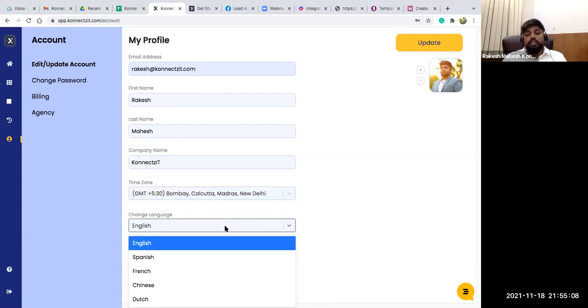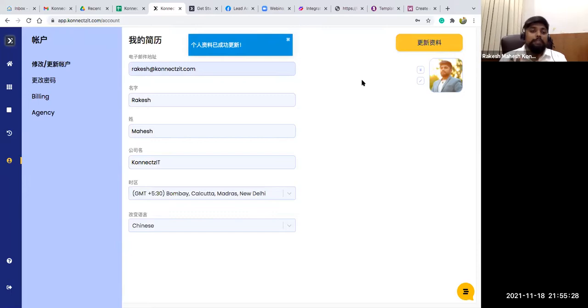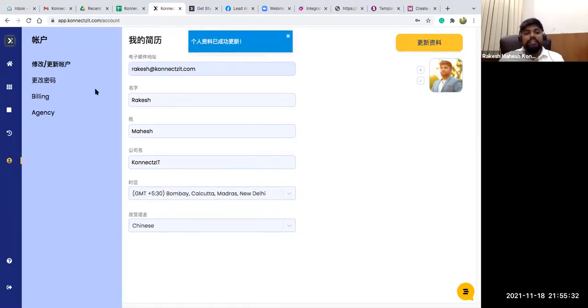The good thing about Connexit is that you can use it in different languages. Whichever language you are comfortable with, you can choose it and start using Connexit in that language. Even if your language is not shown in this option, just make sure you request it, and we'll be happy to add your language inside Connexit.